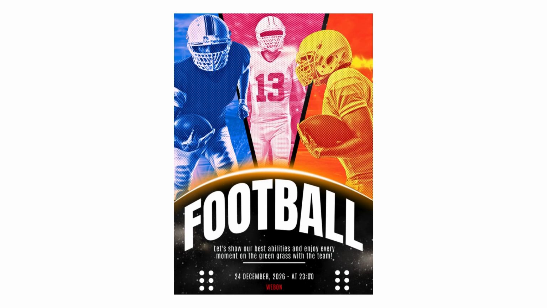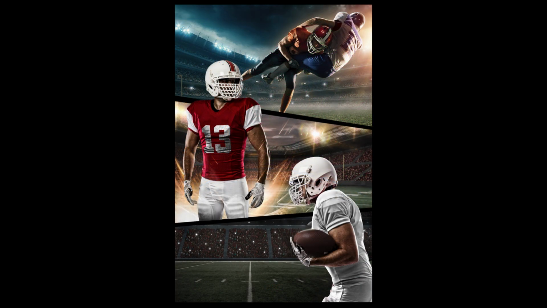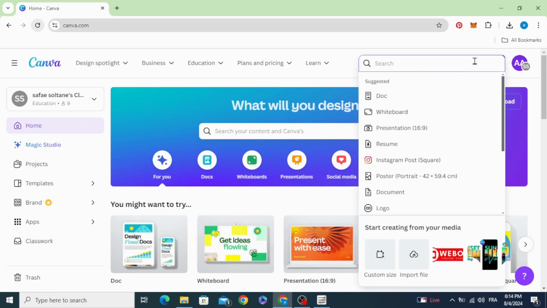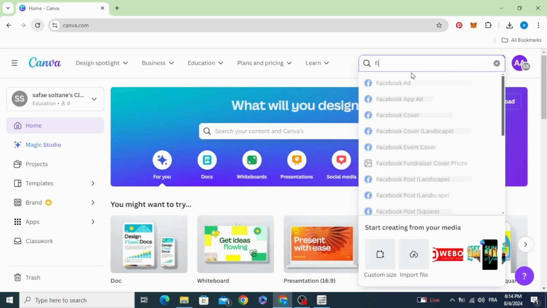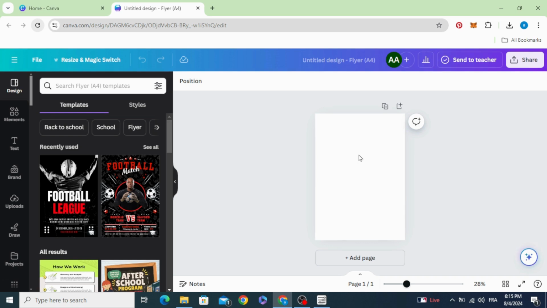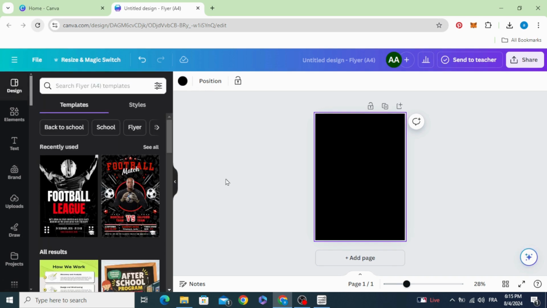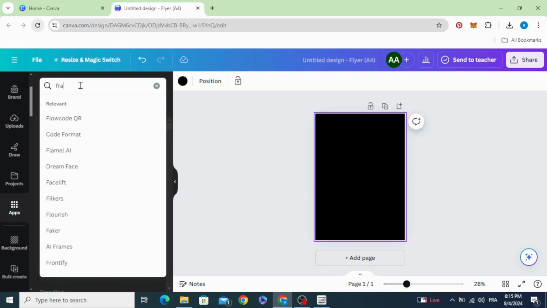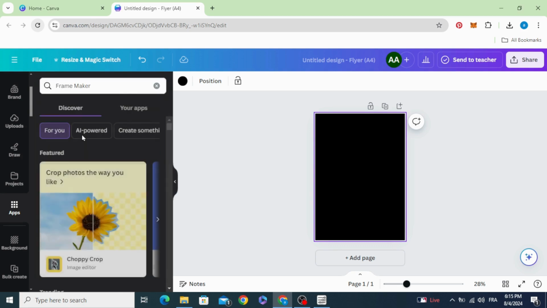Today I'm going to show you how to make this poster design in Canva. Go to Canva and click create a design, type flyer, click in the background, change the color to black, go to apps and type frame maker,